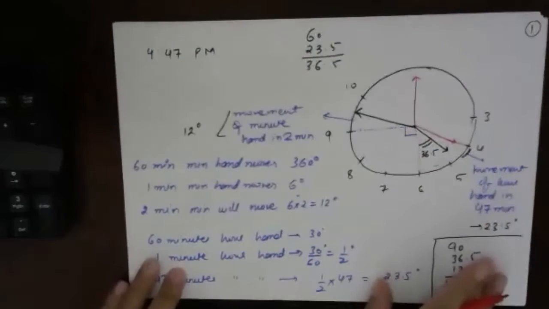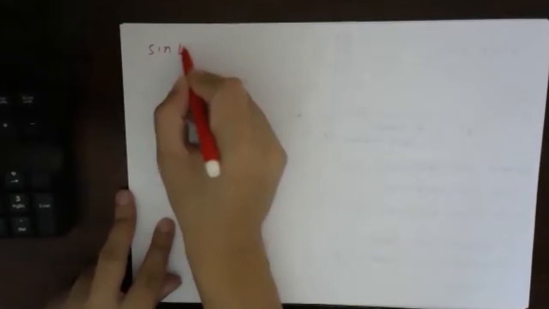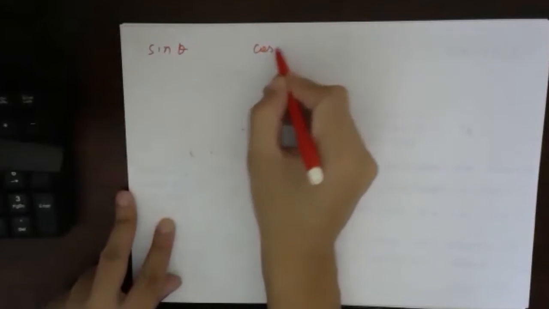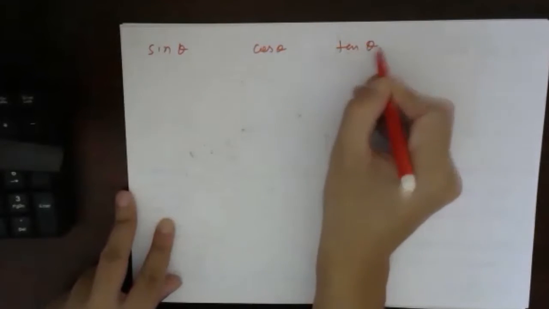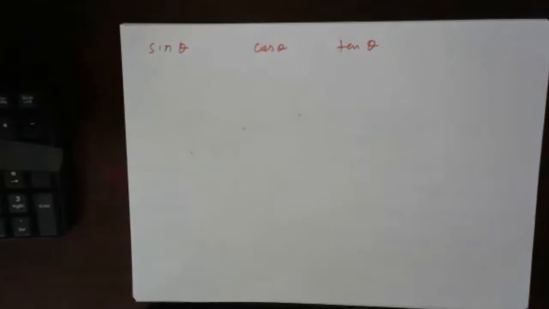Okay. Now see. So basically, what we have seen is that trigonometry is nothing but finding the ratios of a triangle when one of the angles of the triangle is 90 degrees, right? So we will have trigonometric ratios as sine theta, cos theta, and tan theta. These are the basic trigonometric ratios: sine theta, cos theta, and tan theta.